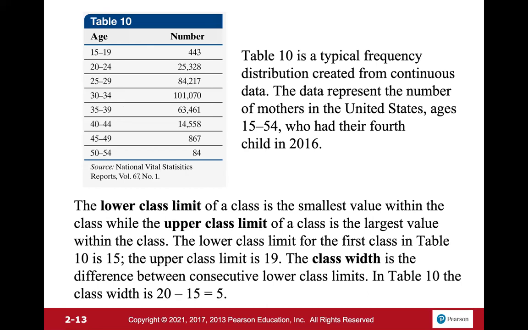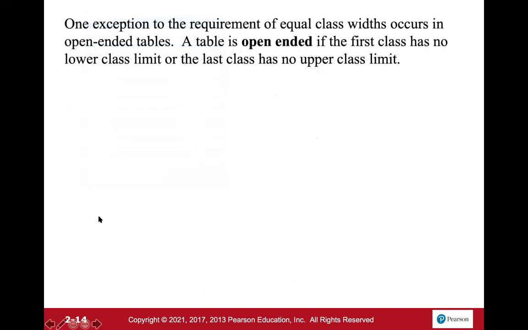Another rule of thumb, another fun fact is this right here too. So 19 plus 5 gives us 24, 24 plus 5 gives us 29, 29 plus 5 gives us 34, plus 5, so on and so forth. All right, so one exception to that requirement of equal class widths occurs on open-ended